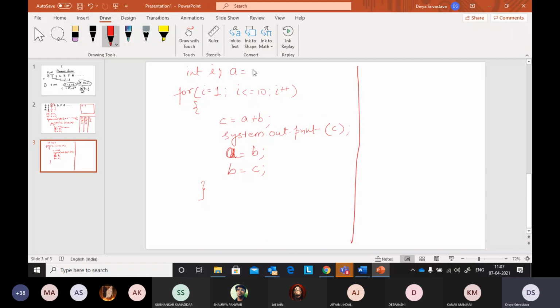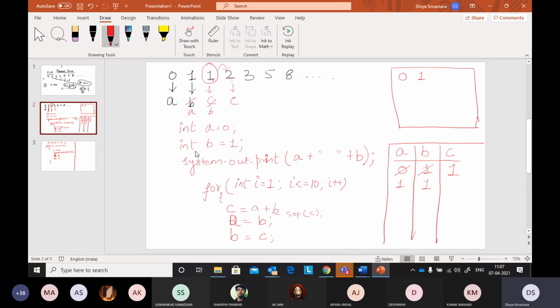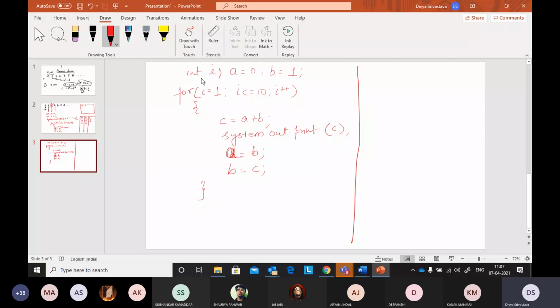Logic तो सही है एक तरह से, but how many elements will be printed? Only C will be printed. We need A and B also at first. Yes, first of all I need to print A and B as well, है ना? तो like here I have shown कि system.out.print A plus B. तो between this we can first print